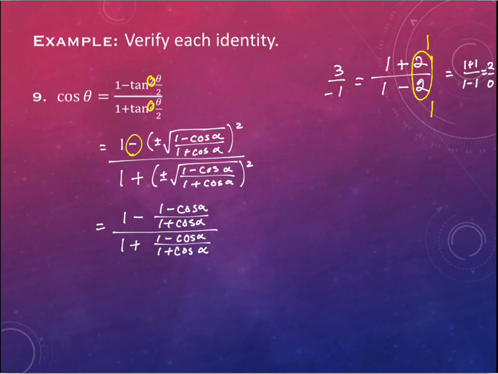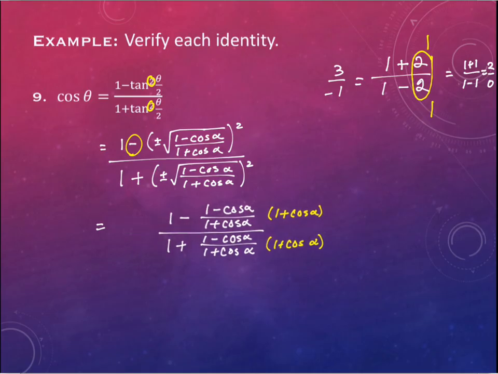Okay. However, the little denominators do match, right? It's much like an earlier problem that we had. They're just messier. So the little denominator is 1 plus the cosine of alpha. So we will multiply by 1 plus cosine alpha over 1 plus cosine alpha. Now I can do this because this is multiplying by the number 1, right? But I want to make sure that it's being multiplied to all of the pieces. So I'm going to shift this over to give myself some more space. I know that's sort of cheating because you can't really do that on your paper, but